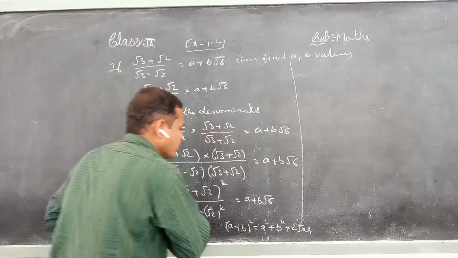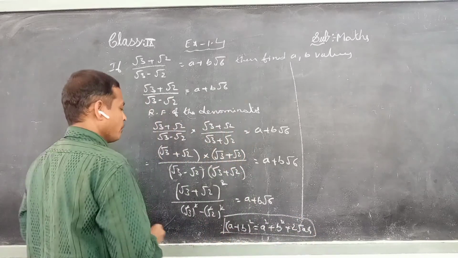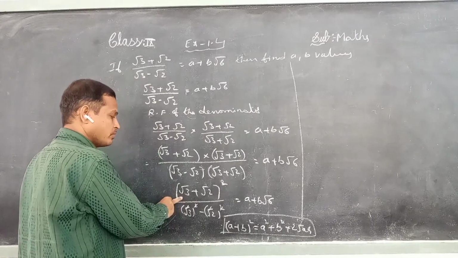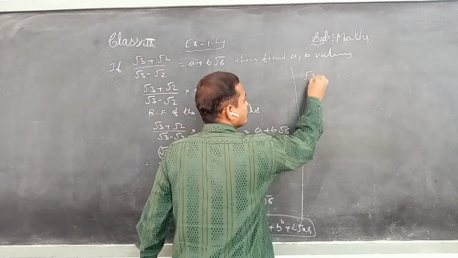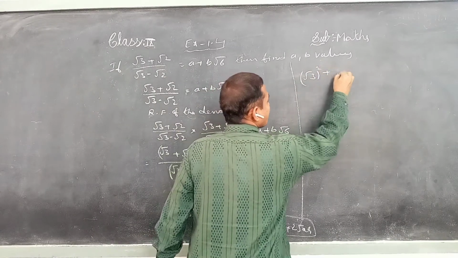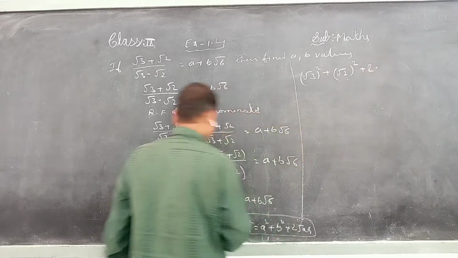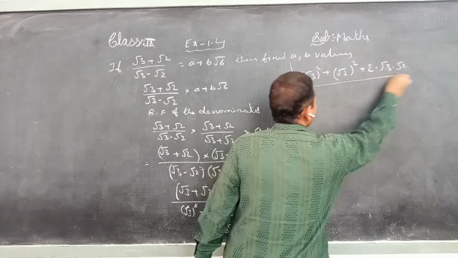So the a value is root 3 and the b value is root 2. A square means root 3 whole square, plus b square means root 2 whole square, plus 2 times the a value root 3 and the b value root 2, divided by